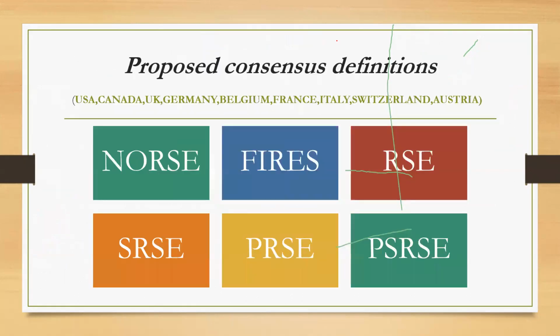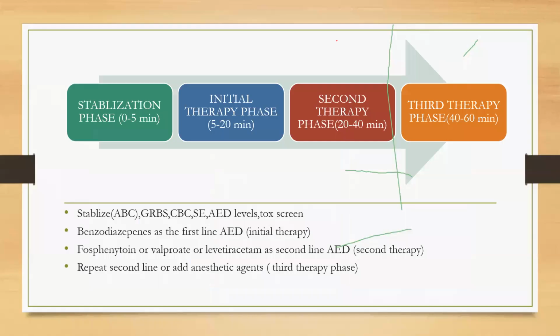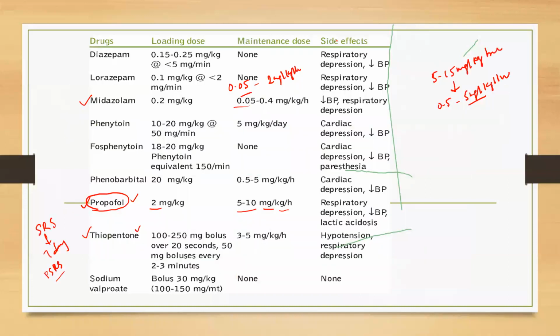So basically, Jayanth, when we are managing status epilepticus, what are the side effects of these drugs which you have mentioned? Please elaborate. So first thing is we'll see that with each drug. We don't use diazepam often. We know that midazolam is most commonly used in a setup. So we make sure that midazolam should not be given above the dose of 4 mg per dose. If it is under the dose of 4 mg, usually the complication